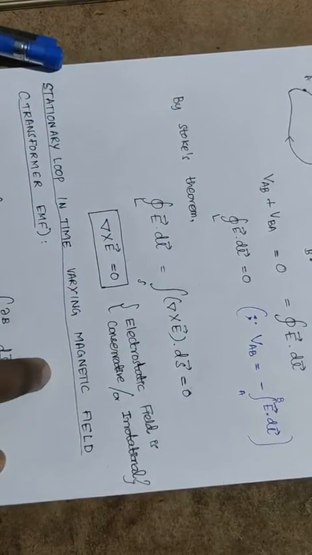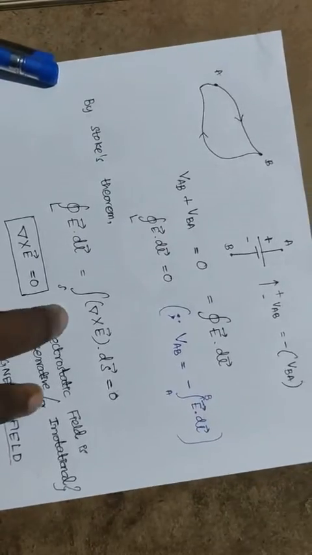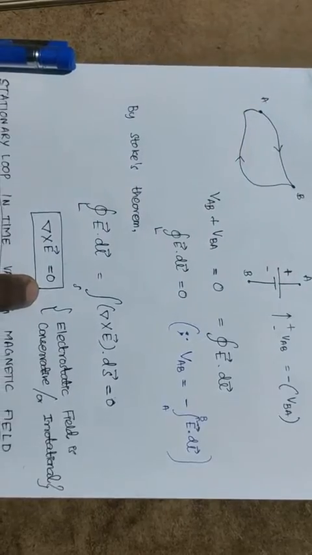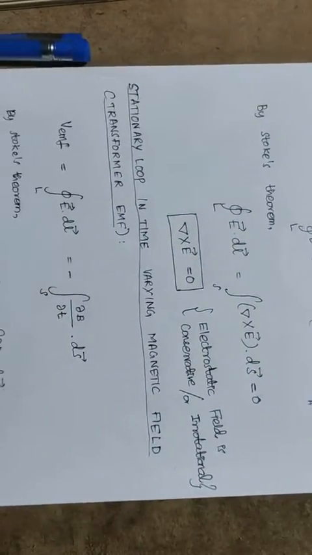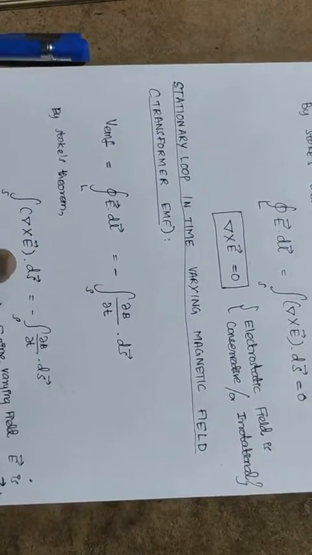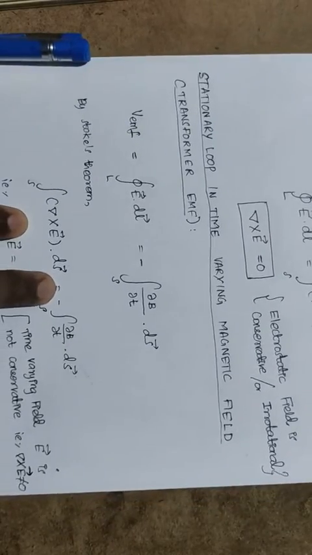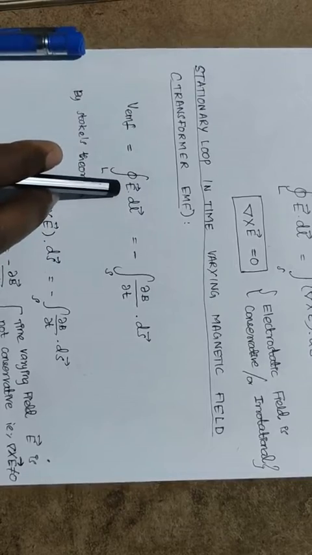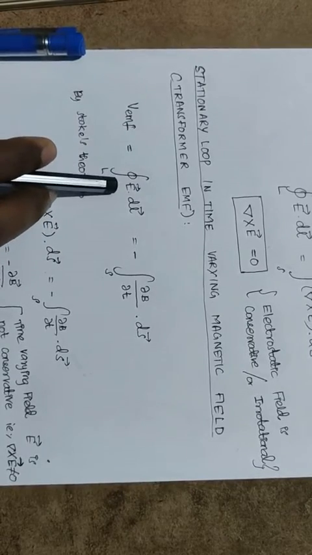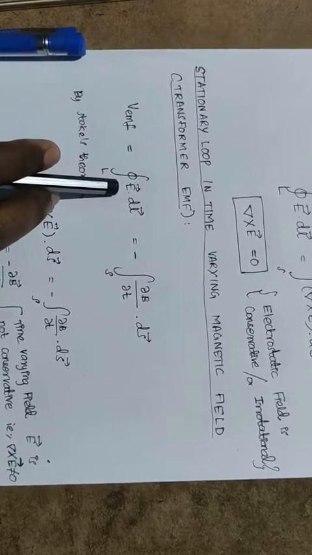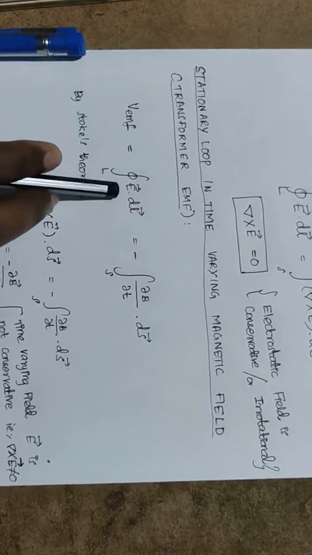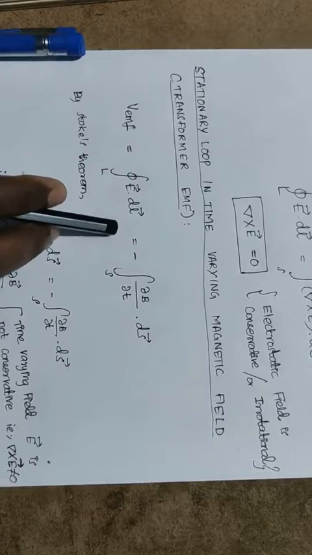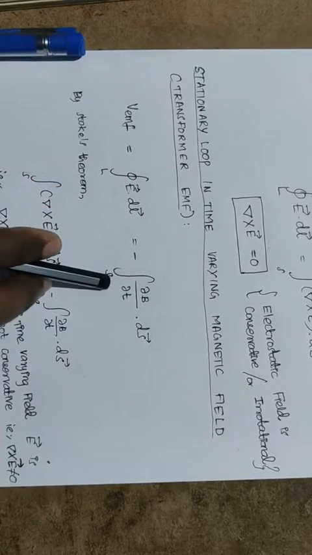This is nothing but Maxwell's third equation, and all that we have discussed up to now is for static fields only. By discussing the same concept for the time varying field, we come across Faraday's law, that is, closed line integral of E dot dl vector, where E vector is the time varying electric field, that is, the electrodynamic field, equal to minus dou B by dou t of ds.